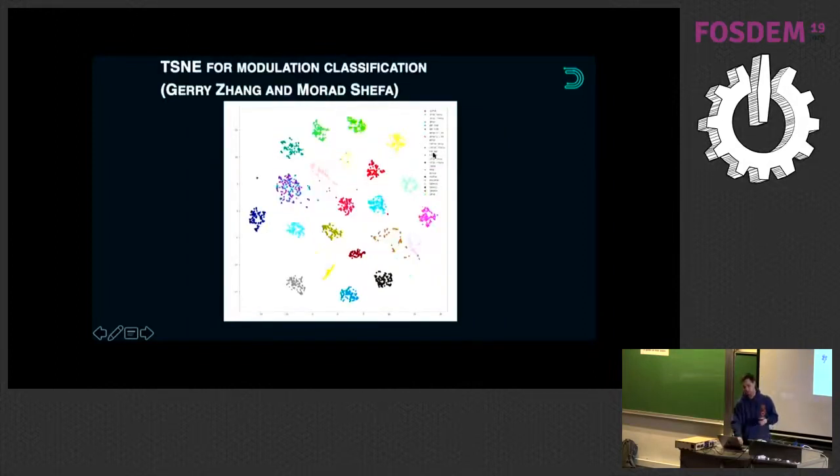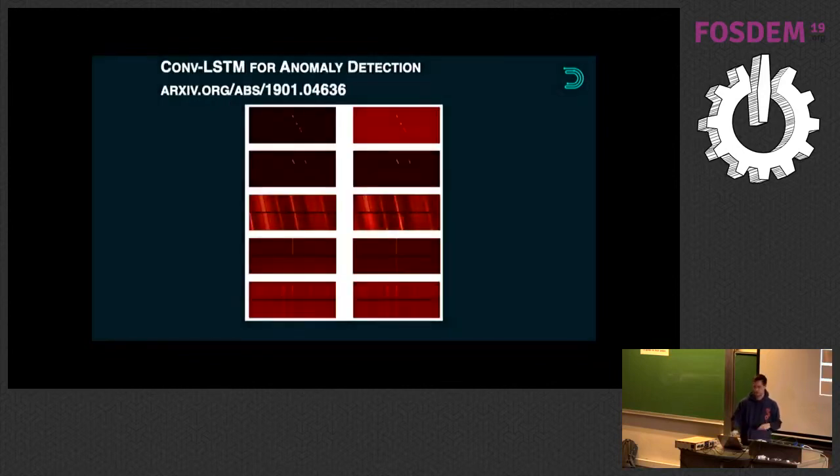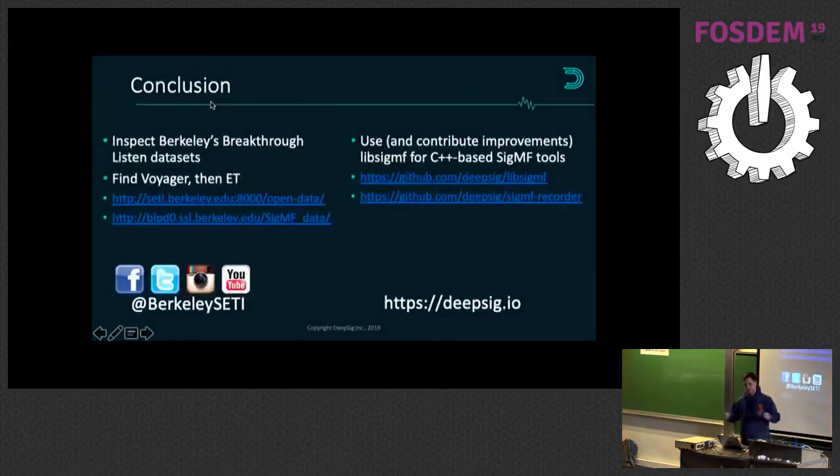And then, like I mentioned, the approach that they're taking is they would like to identify all of the Earth signals first, then just remove those and look at what's left, then you have many fewer candidates to look through for finding ET-type signals. And then there's another paper going through some anomaly detection. So if you want to go for the Berkeley data sets, they have a blog post here,